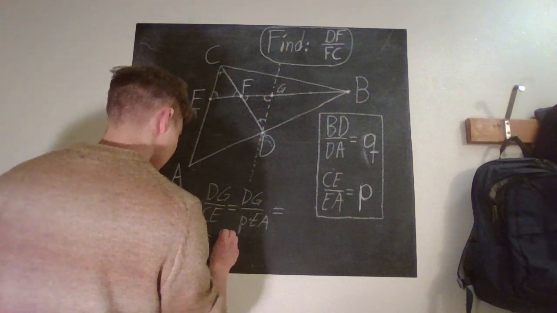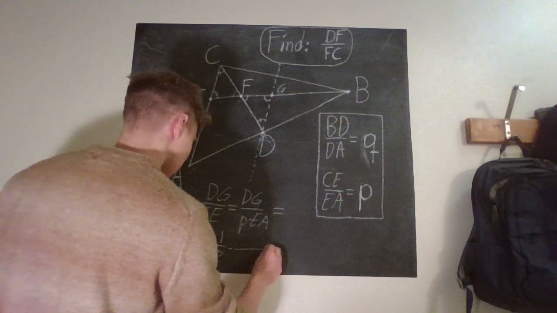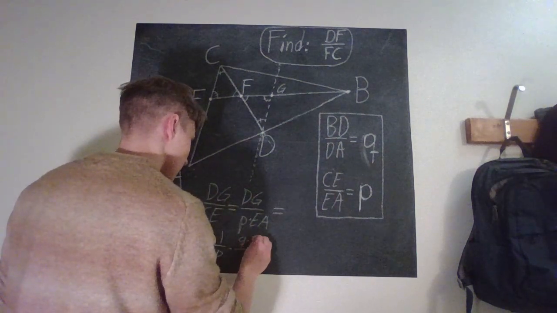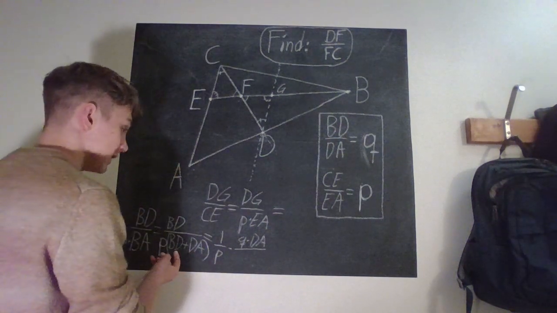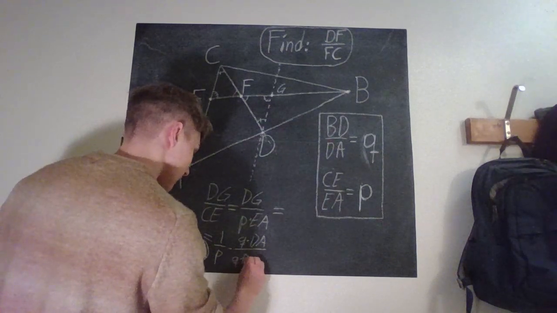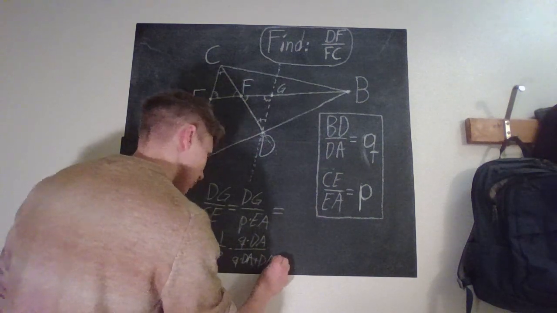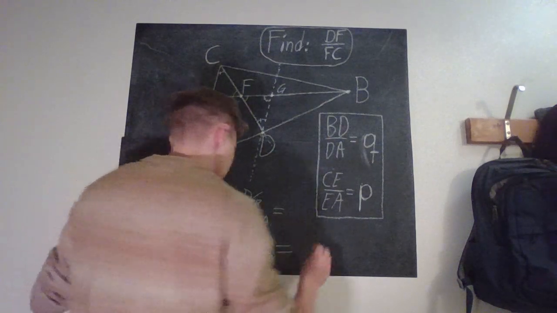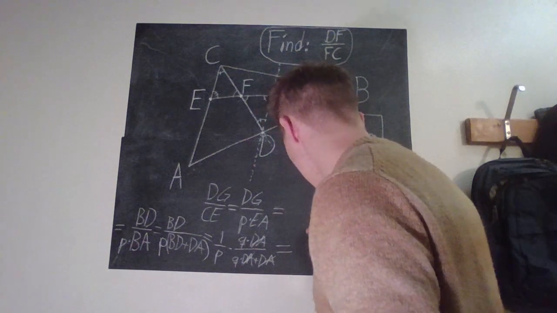So what we would get left is, so I'm extracting the 1 over P, then I would get times, okay, BD is Q times DA, and then BD is, as I said, Q times DA, and DA is just DA. And here we can see that all DAs cancel out, so what we get left is just Q